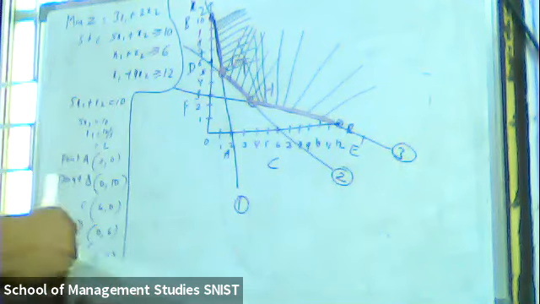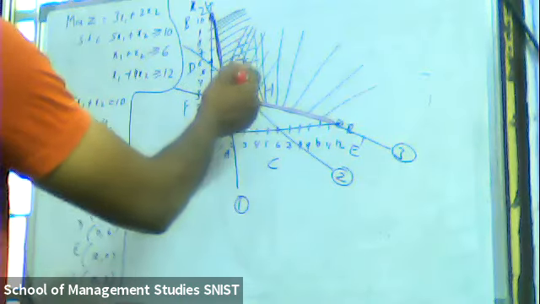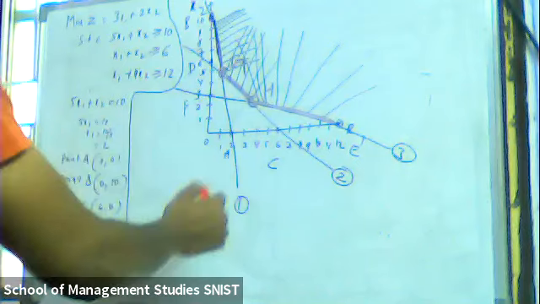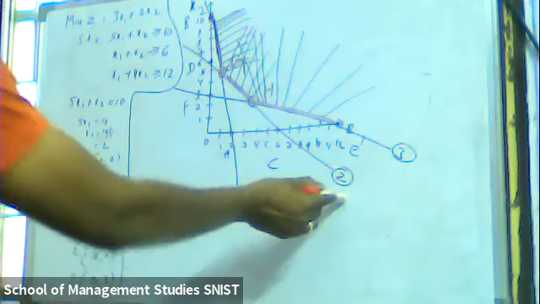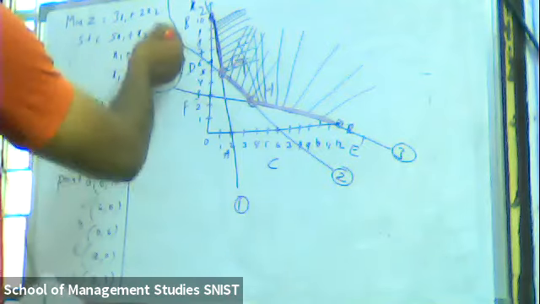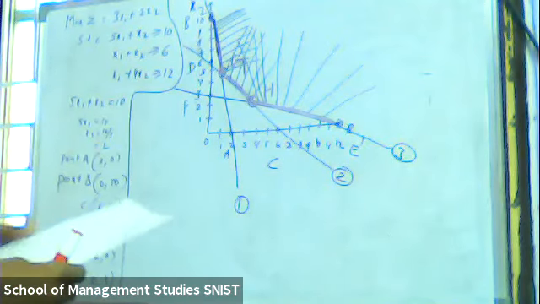Now we know the procedure. What do we need to do? First, we need to find G. To get the x1 and x2 values, we need to simplify. On which equations do we need to work? Equation 1 and equation 2. So if you do that, then I'm writing it directly here.